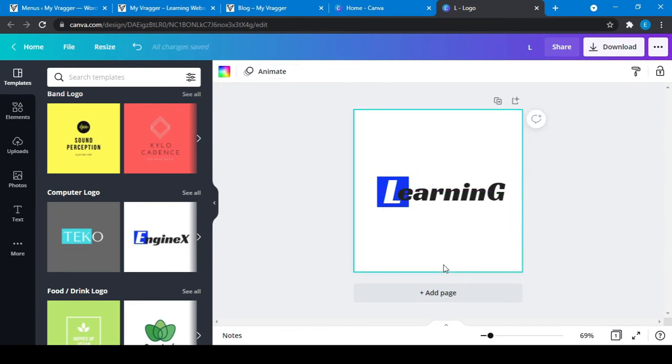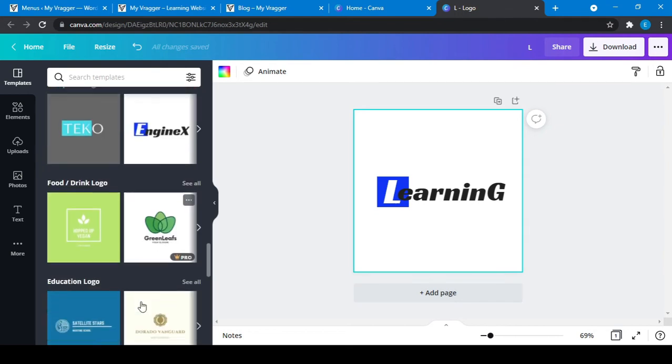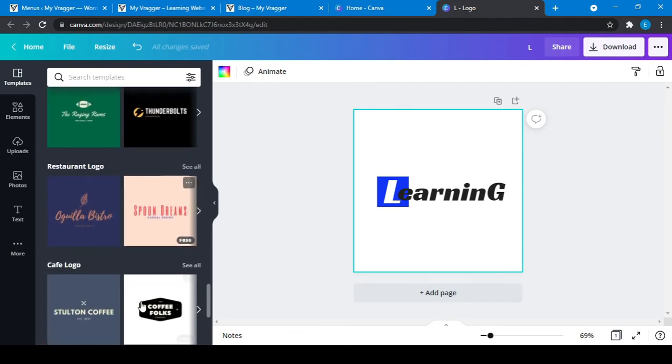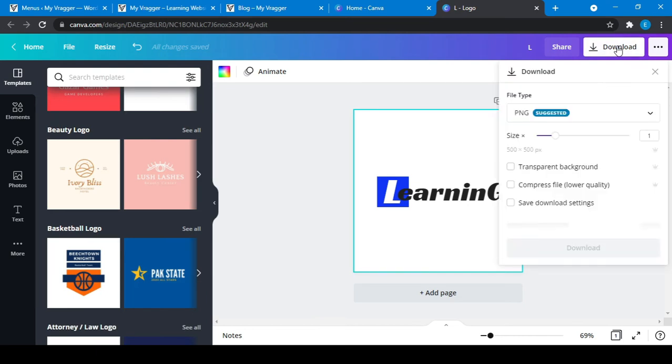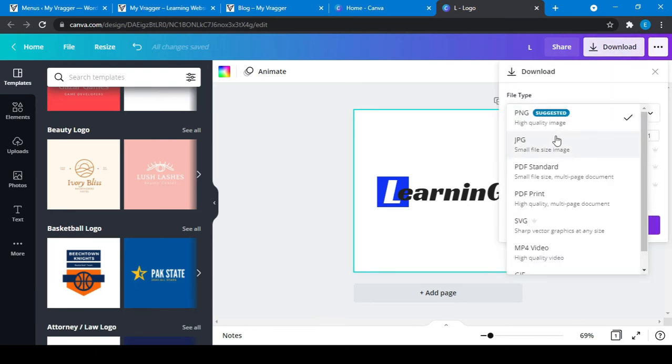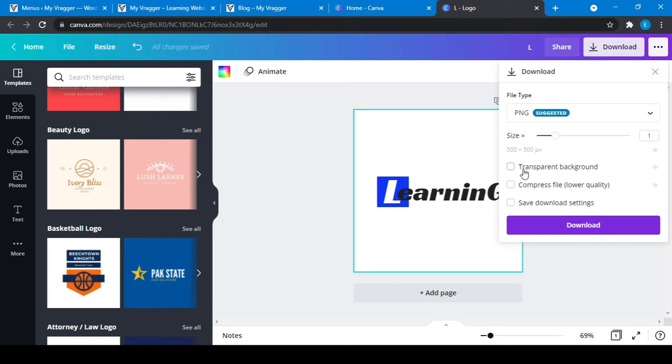So there are many logos available here, and you can create any of them. After the download option there are many options available: png, jpg, transparent png, something like that. If I choose png, then there is an option for transparent background, so it will be transparent. You can choose any of them and create your own logo.